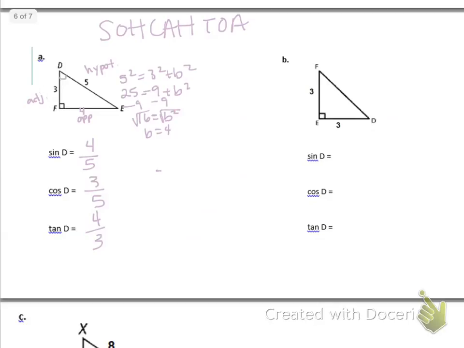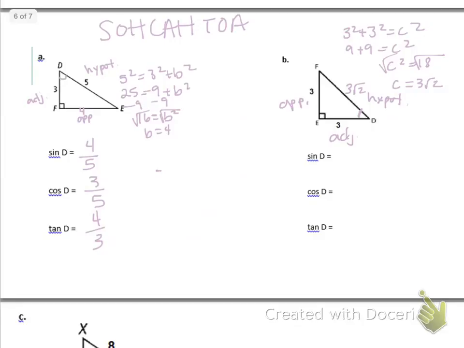Okay, so my next one, it looks like I'm missing my c this time. So I get 3 squared plus 3 squared equals c squared, which is 9 plus 9 equals c squared. So c squared equals 18. Opposite of squaring is square rooting. So c is going to equal 3 square root 2. So that's what this represents. Okay, so we're coming from angle D this time. So if I label, this is my adjacent, this is my hypotenuse, and this is my opposite